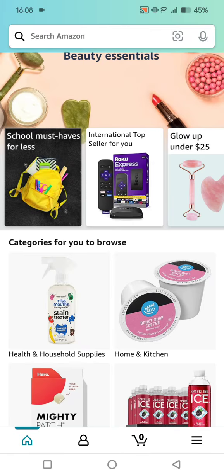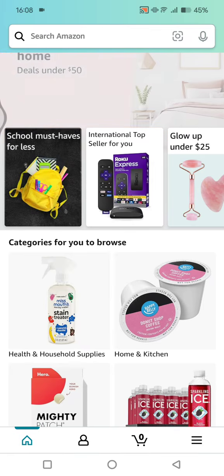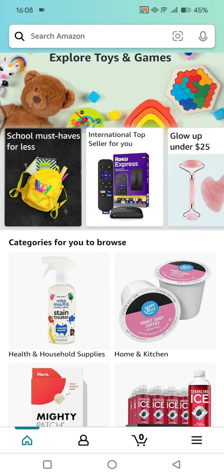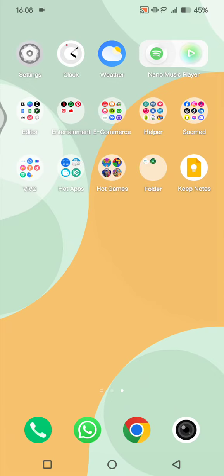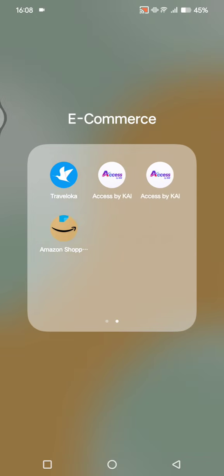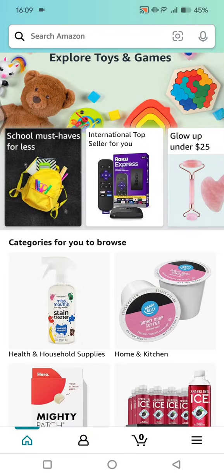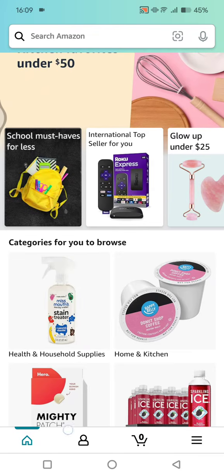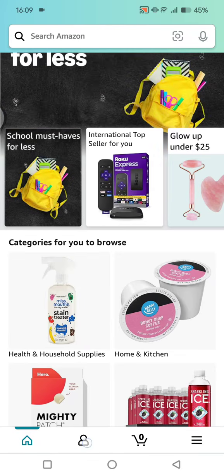On today's tutorial, I'm going to show you how you can add debit or credit card on Amazon account. So first, you can just open your Amazon shopping apps. This one's right here. After it's open, you can click on this like people icon at the bottom, and then